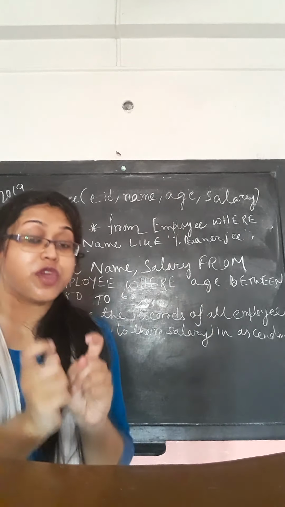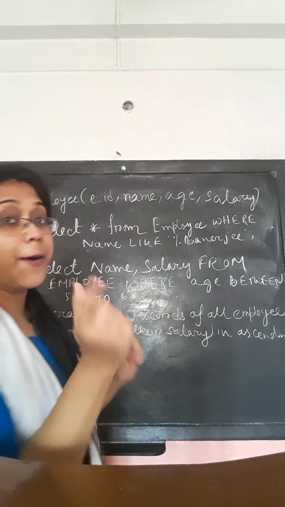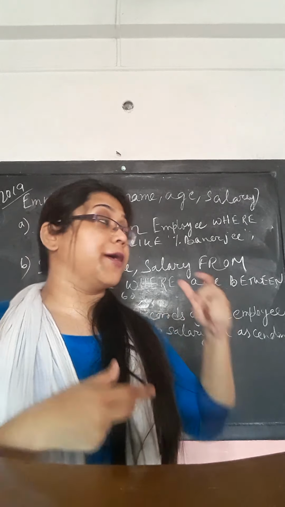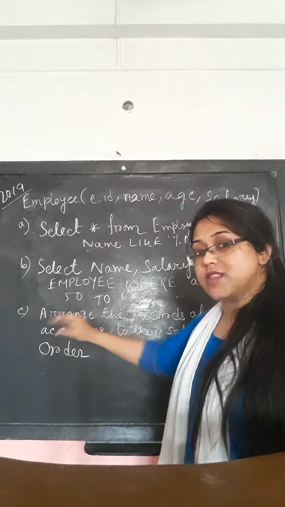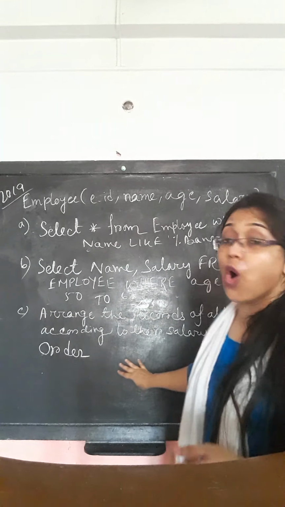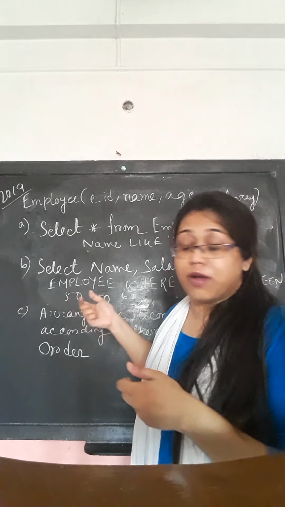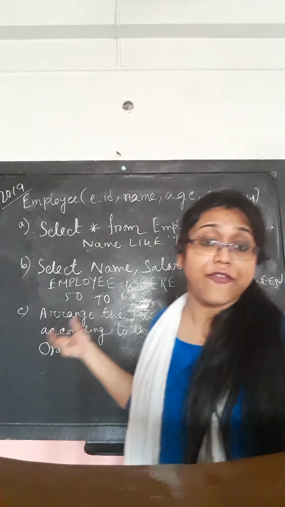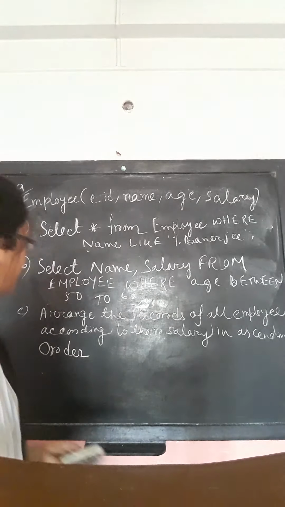Okay, so you have to understand where you can use order by and where you can use between. In this type of question you have to mention order by, because an ascending order is mentioned, so you have to print the salary in ascending order. So the query will be